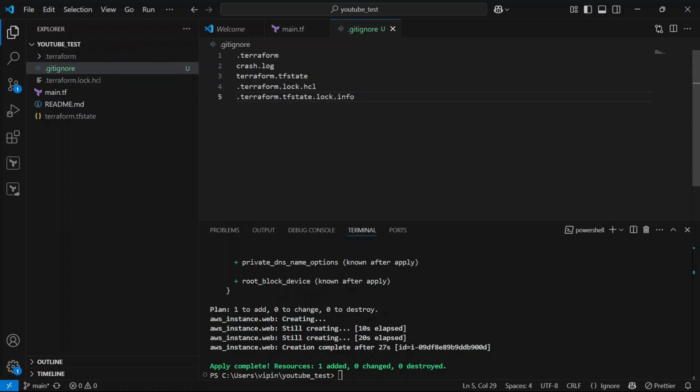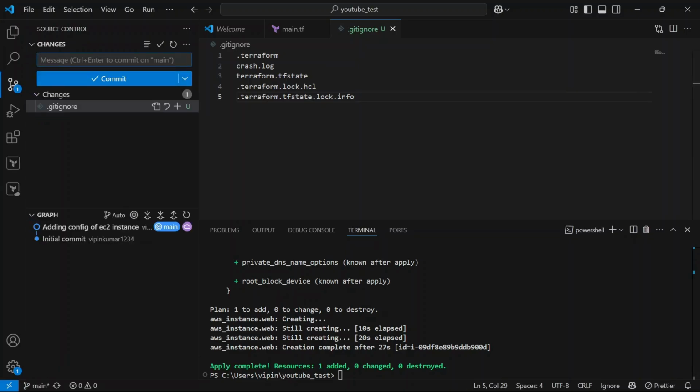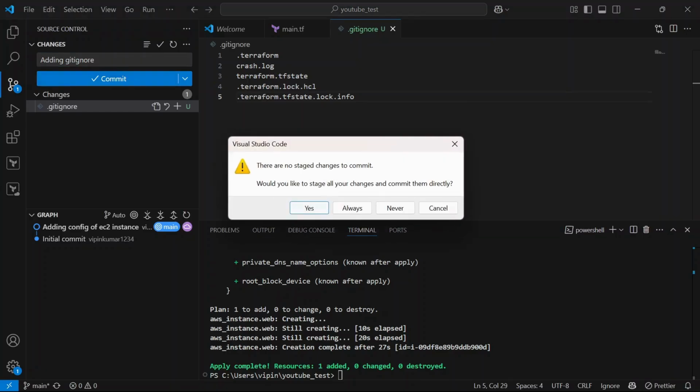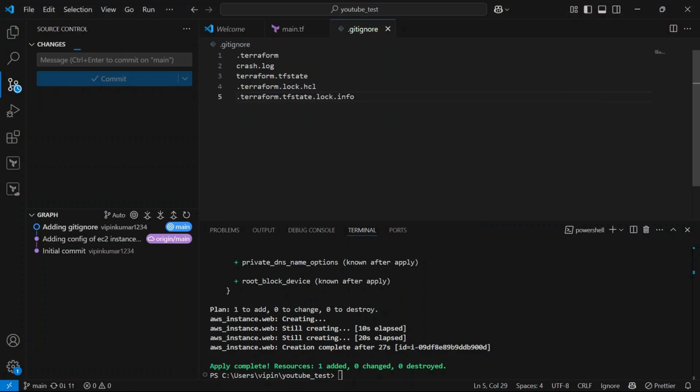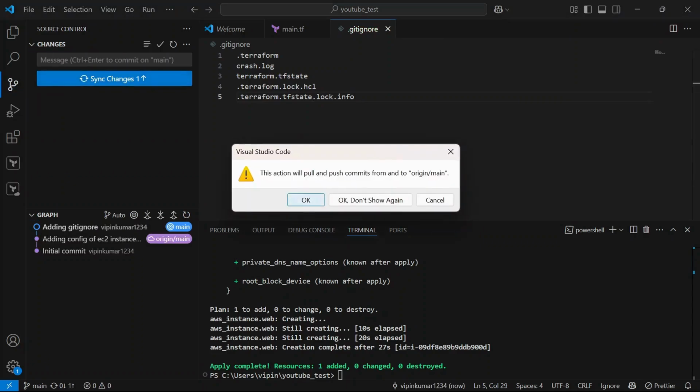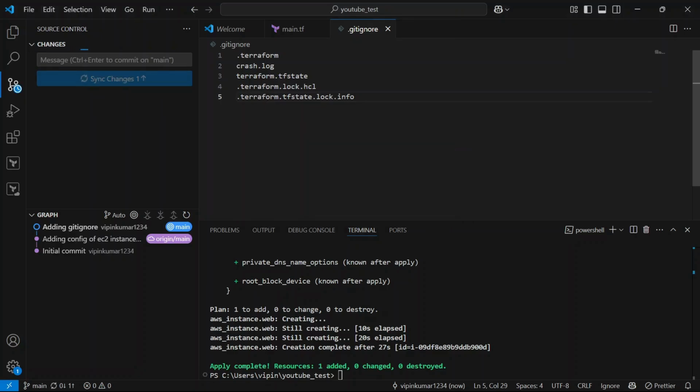Okay, and let's save these changes and click on commit, adding gitignore, and click on commit. So this file will get ignored and all these files will not get committed to our GitHub repository.